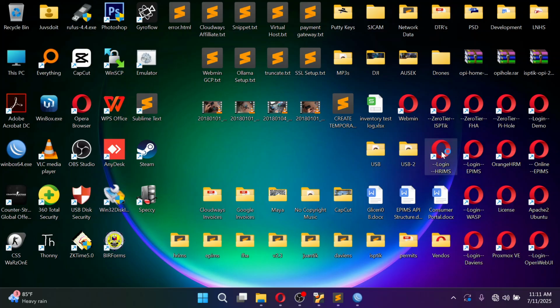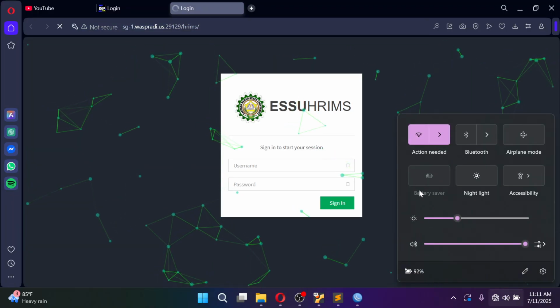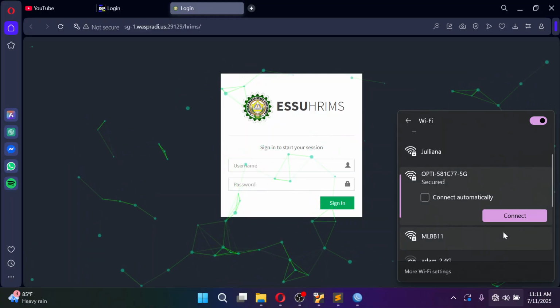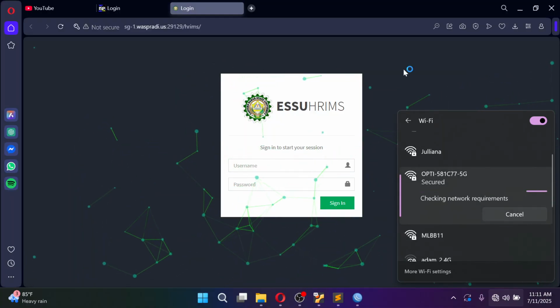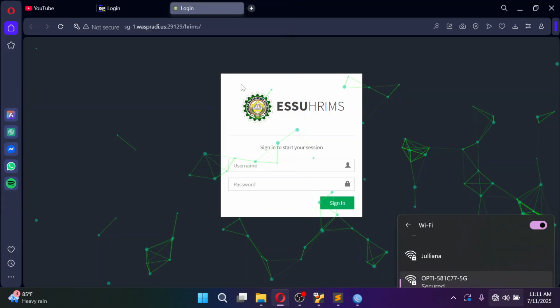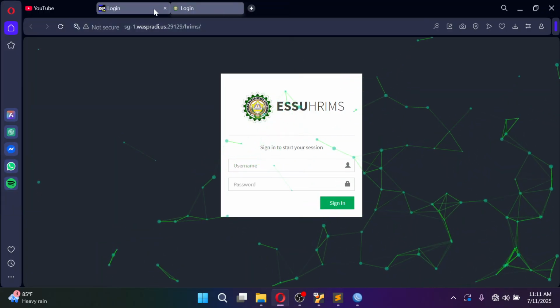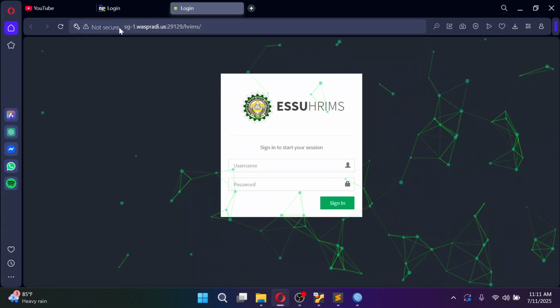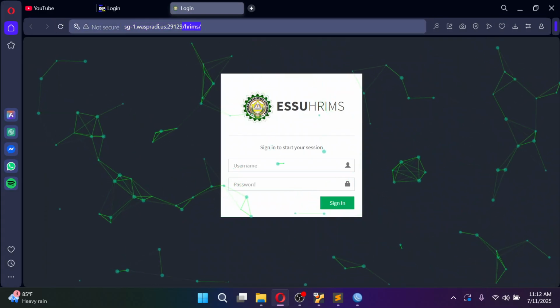I just need to connect to my Wi-Fi because the internet is slow. Okay, so I'm on 5G, so refresh.